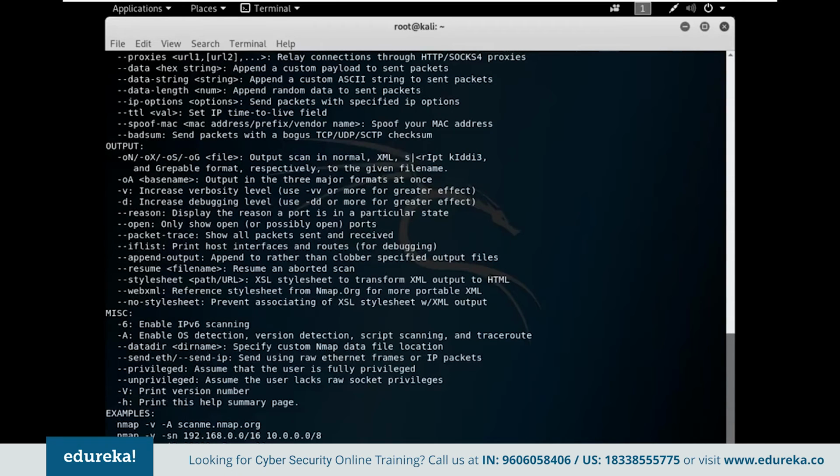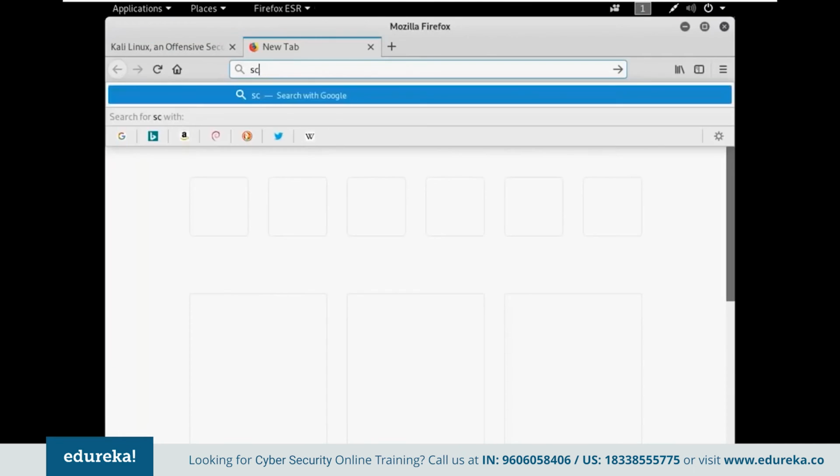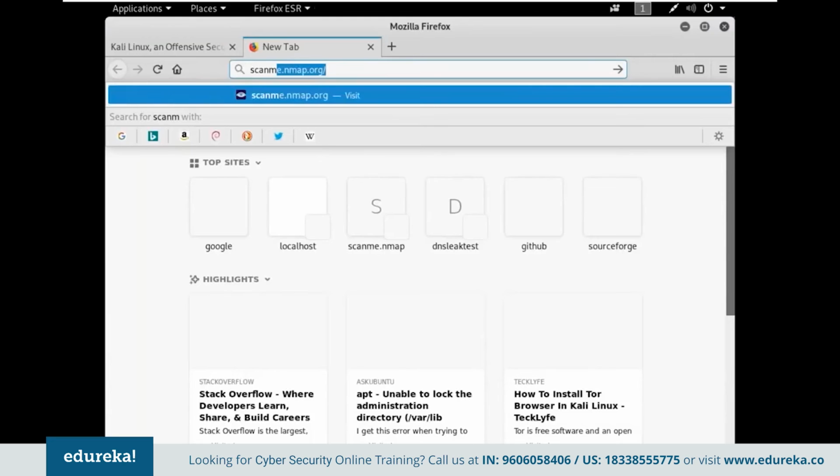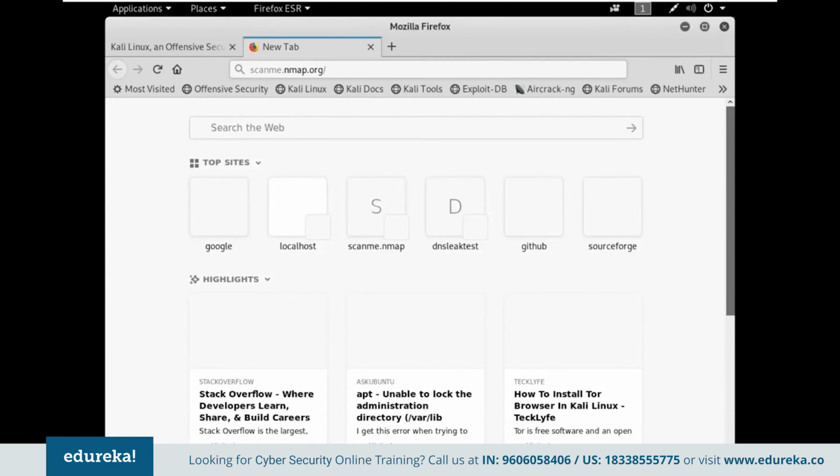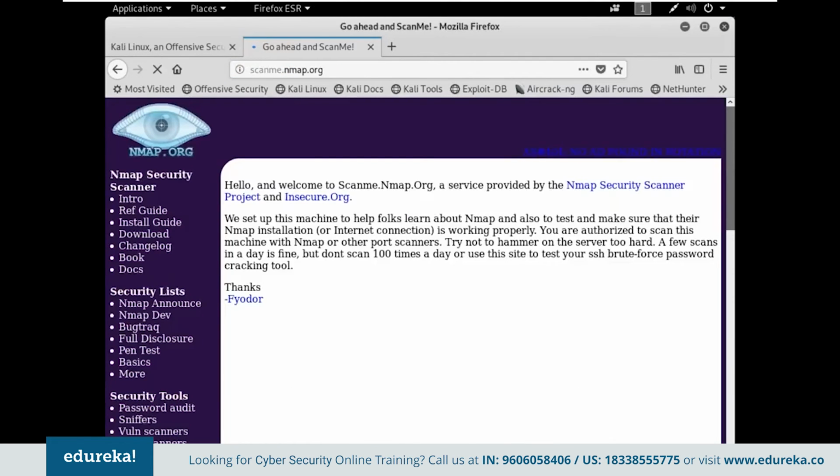So guys, like I said earlier, you can't just go ahead and do it on any web application there is on the internet. Well, it's definitely illegal, right? Since this is for educational purposes, Nmap provides a default website which says scan me, as in it's made for the purpose of learning. So let's go back to Firefox. It's not open. Let me open Firefox. Yeah, scanme.nmap.org and click. Yeah, this is it, guys.